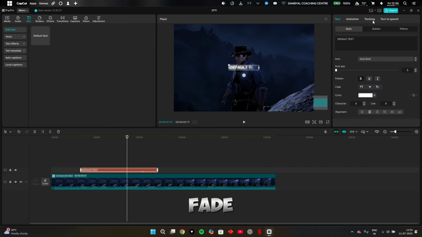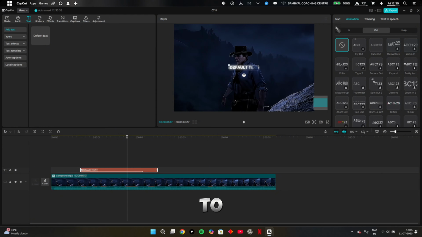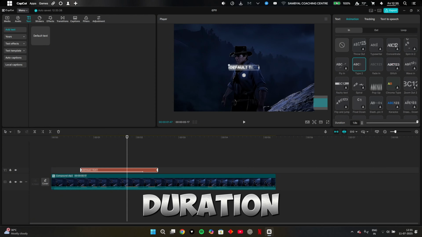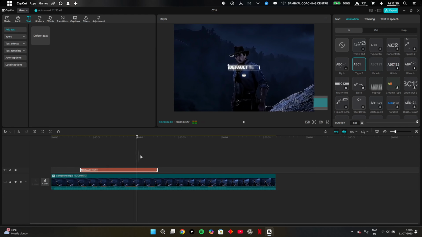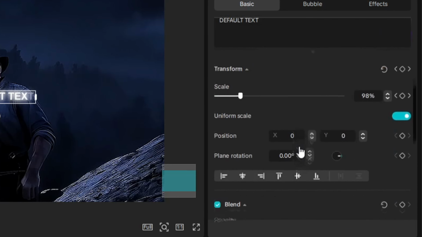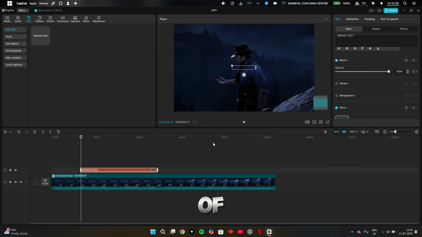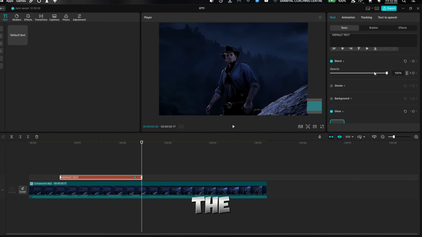Now let's remove the fade out effect and show an alternative. For this, we need to maximize the Type 2 animation duration. Now go to a second before text layer ends and add a keyframe to the blend section. Here add a check mark to the blend. Now go to the end of the text layer and add a check mark to the blend and set the